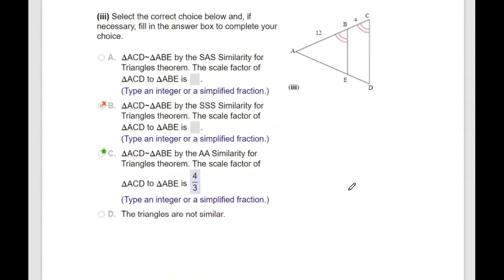Same thing with this one. I can't see this very well, so let me draw these separately. So I have angle A, angle B, and angle E. And my side here is 12. And then I have this larger triangle,